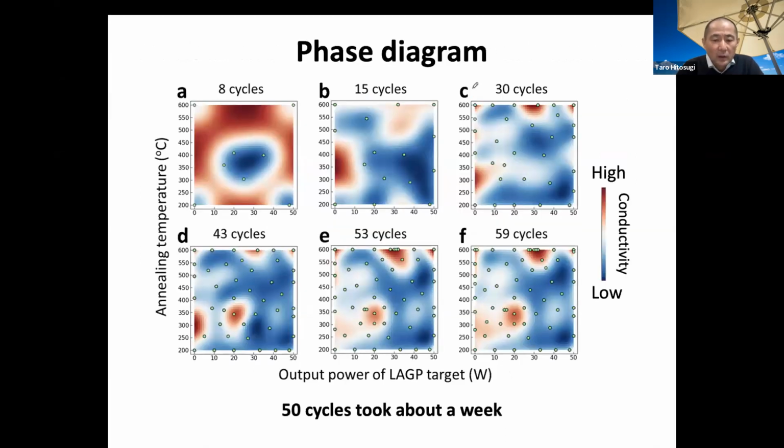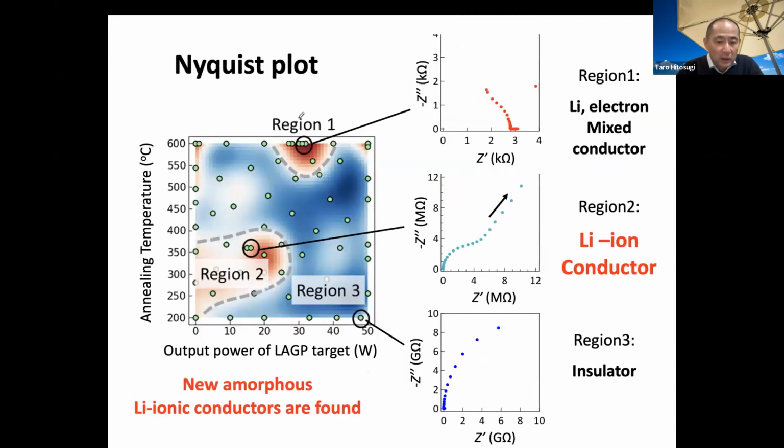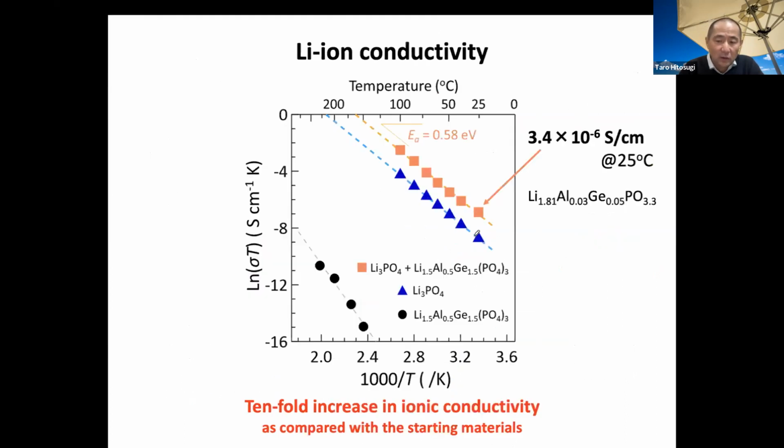And then we measure AC conductivity. This is what we call the Cole-Cole plot. This is the frequency dependent real part and imaginary part. From this, usually we measure ionic conductivity using this Cole-Cole plot, or we call it the Nyquist plot. And if we see this region 2, we have this type of curve, and this represents the ionic conductivity. And this is an Arrhenius plot, and we find that the